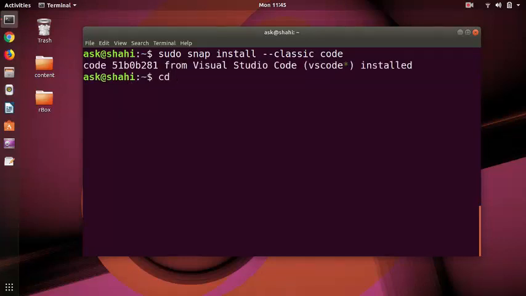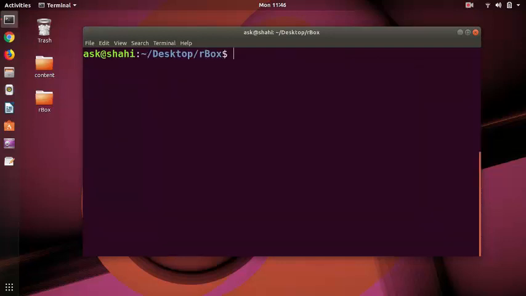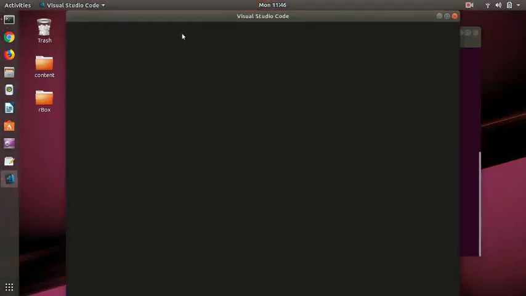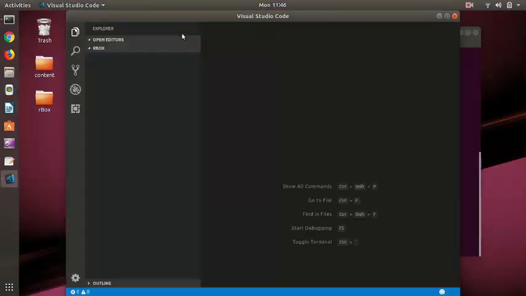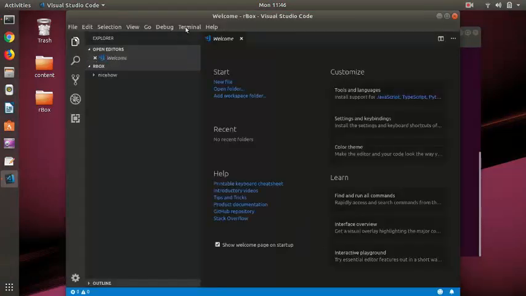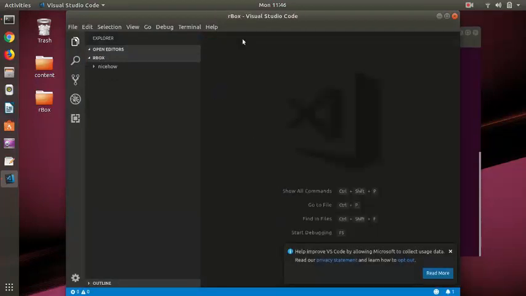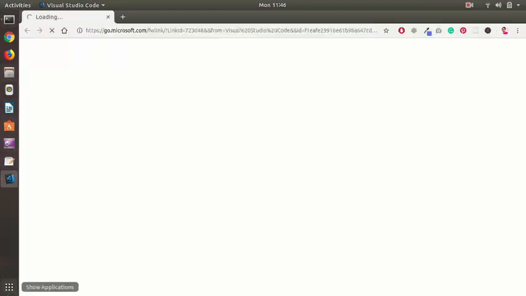So let's go ahead and check a few things. I'm quickly going to get into desktop, and then I've got a folder here. Change it. And if I say code, let's see if it's going to open or not. And here we have Visual Studio Code. It's working. And if you want, you can go ahead and pin it to the